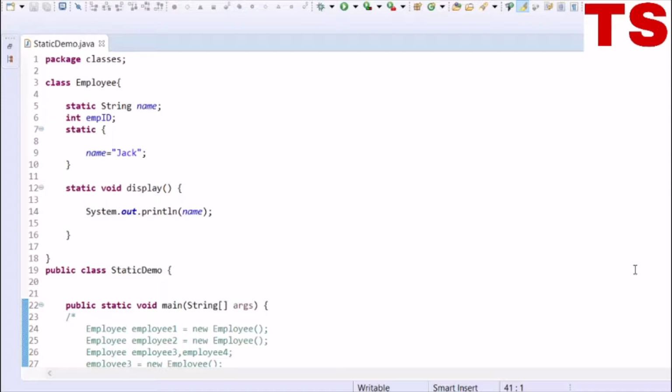In our example of Employee, the company name would be the same for all the employees in a company. So you can declare a variable companyName as a static variable of the Employee class.